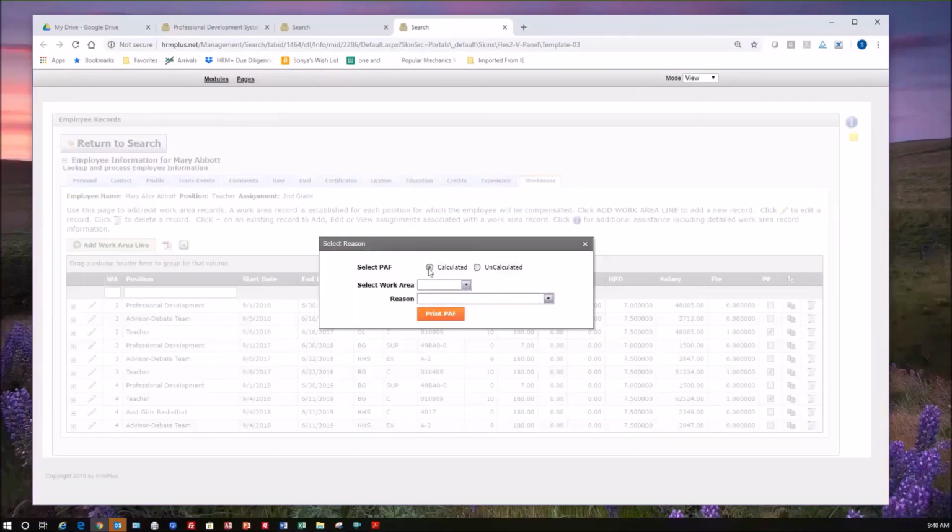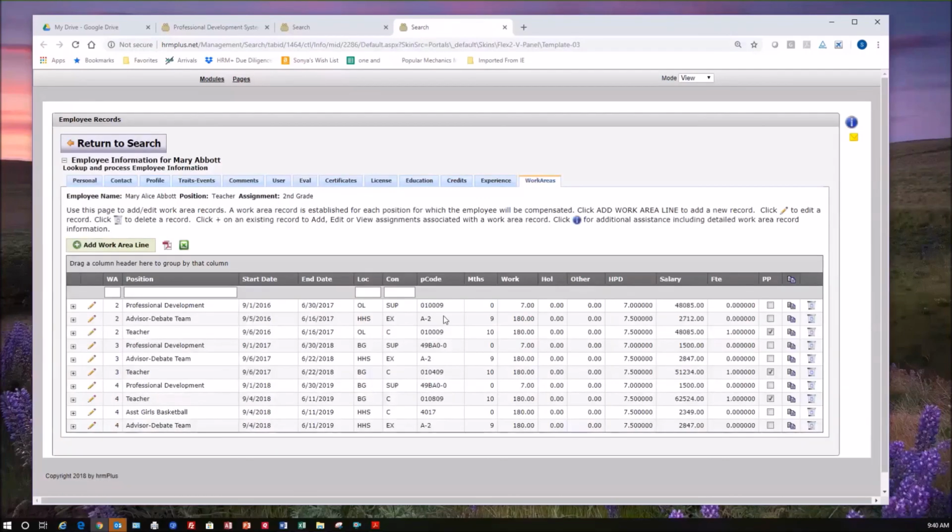authorization. And you're going to choose whether it's calculated, that would be like a certificated where the salary is calculated based on the salary schedule, credits, degrees, or uncalculated, classified. In this case, I'm using a teacher, and then you can pick the work area that you want and a reason code, which is an item type table called authorizations, and then you print your PAF. Now, when you print that PAF, what do you want to call it, a personnel authorization or a payroll authorization,